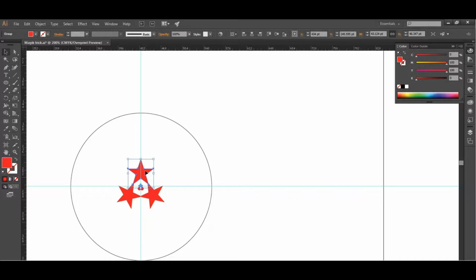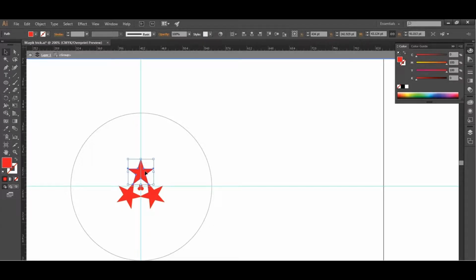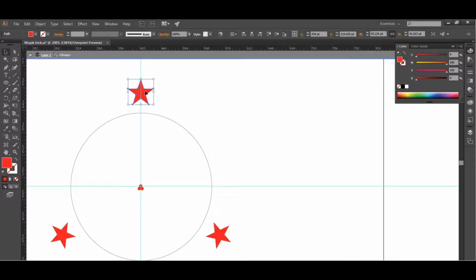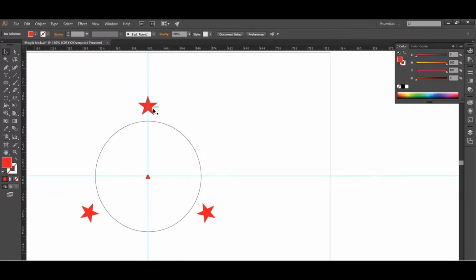Then just double click on the star. This is isolation mode, and take it to the upper side, and you can see this is moving around the circle. Rotate